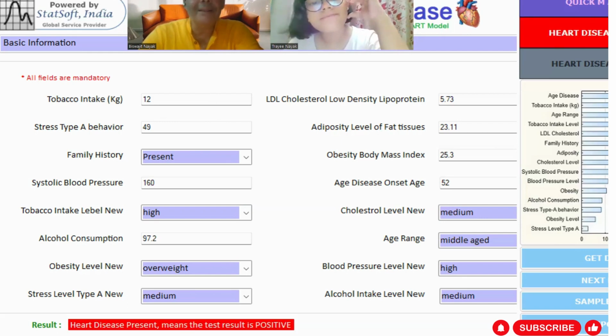Once I check, I find highlighted in red that this new patient, on these parameters, will be infected with the heart disease. The heart disease will be present, which means the result is